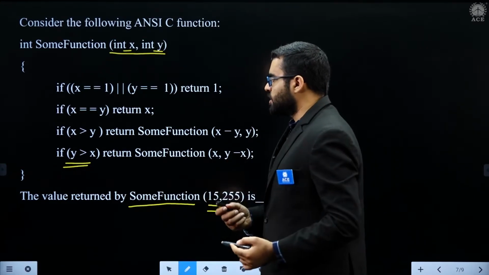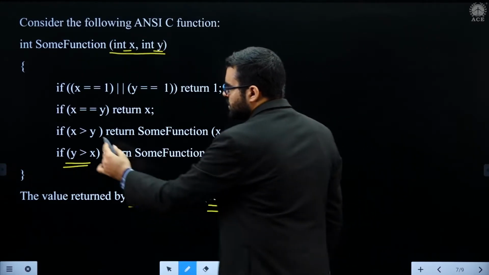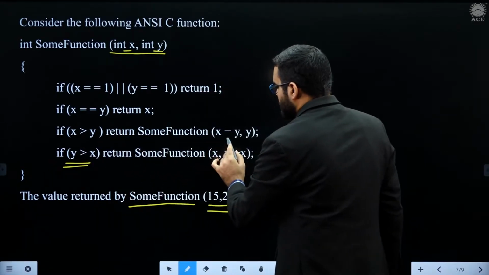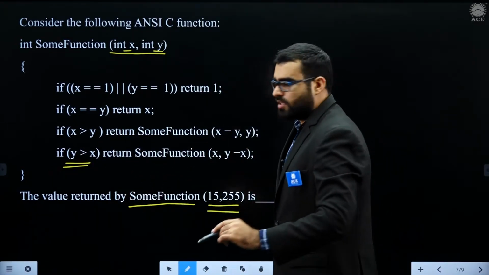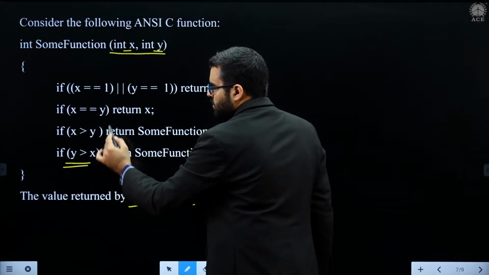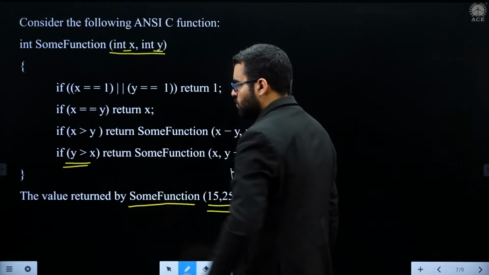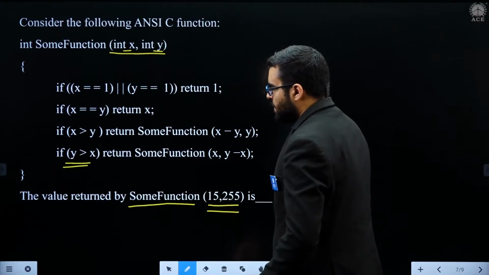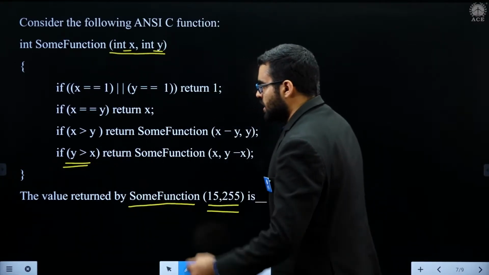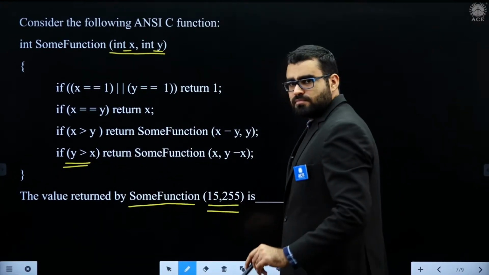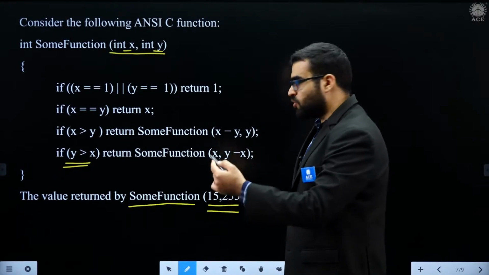You can see what is happening here. When x is greater than y, we subtract y from x. We subtract the lesser value from the greater value. Similarly, when y is greater than x, we subtract x from y. We subtract the lesser value from the greater value.